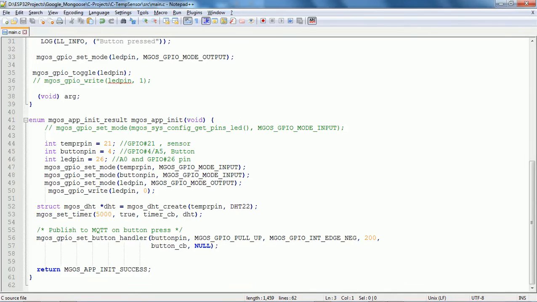In this main function we are going to use 3 pins. Pin number 21 is used for the temperature sensor, so this is the temperature sensor we are connecting. Then the button is where we press a button, and as per the press of the button the LED will either glow or be off. That means it will toggle its state. And then you will have the LED pin, which we are connecting to the A0 pin,